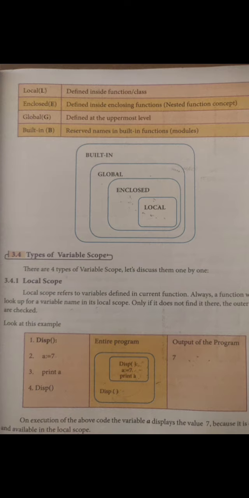function is there. Inside it, a colon equal to 7, that is, a variable is assigned the value 7. Print a. The display function is called once more. So the entire program, display of 7, a colon equal to 7, print a, will give the output. Then finally the display function goes to the variable given in display, and its value is assigned and printed to the output. It is given finally as 7.